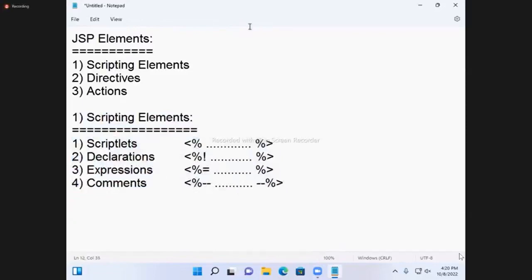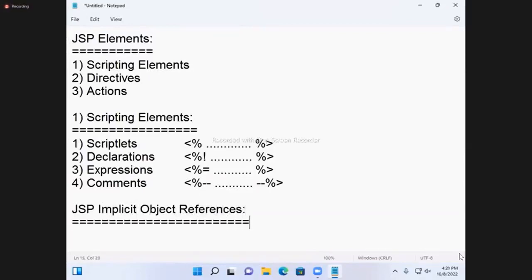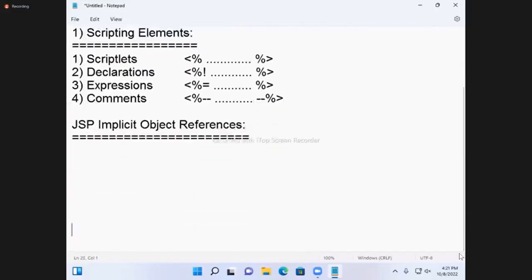first of all, you should know some built-in objects, the implicit object references. Write it next: JSP implicit object references. These are objects ready to use. You can use them directly, no need to create them. Ready to use. JSP implicit object references. First one,